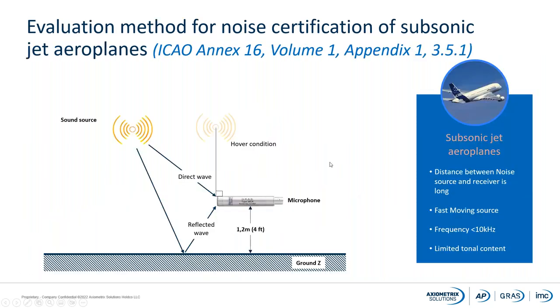So if we do that, we actually introduce some disadvantages, because now the reflecting wave will reach the microphone and it will be combined with the direct wave. That means that, dependent on what sort of material the ground surface is, it will give you some type of reflective wave going into the microphone and disturbing your measurements.